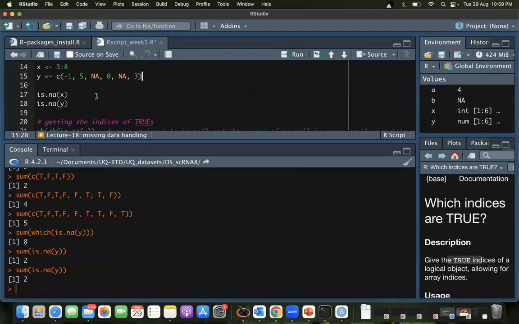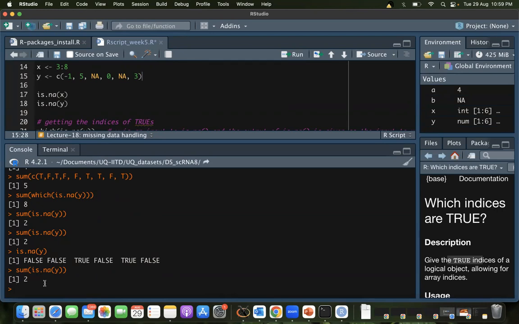One way of doing that was to evaluate is.na and feed Y, so I get true, false, and so on. Then I do a sum of is.na, so I get 2 because it's adding up 0 plus 0 plus 1 plus 0 plus 1 plus 0. This is what it's doing.